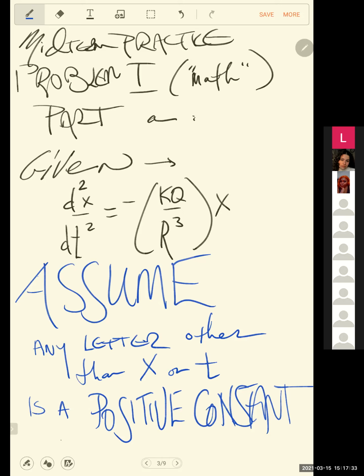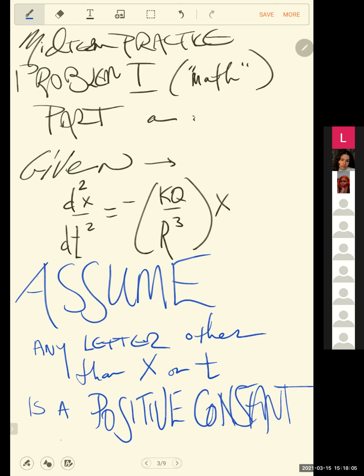And anything else you see there, I want to be super clear, even if you've never seen it before, because this could happen in the real exam, even if you've never seen a Q or an R before in this class. Put another way, even if you don't know what they refer to, even if you understand enough to know that they're probably measurements of some kind, but you wonder of what kind, it doesn't matter. The first and foremost thing you want to believe about them is that they are constant numbers, positive constant numbers, just unspecified, but constants. You can and should assume that for a problem like this.